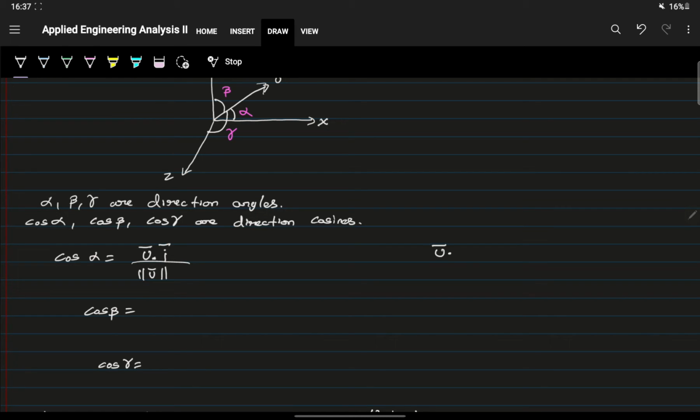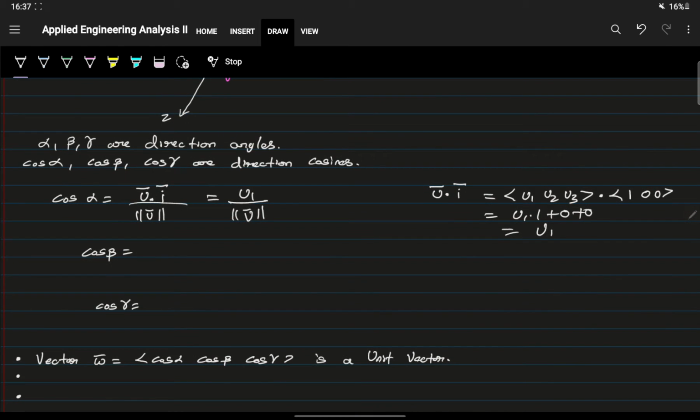One thing, when we take a dot product of the vector with its basis vector, that would be u1 times 1 plus 0 plus 0, it's u1. So we can calculate it by the component u1 divided by the magnitude of the vector u. Similarly,